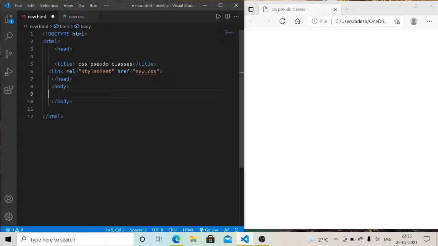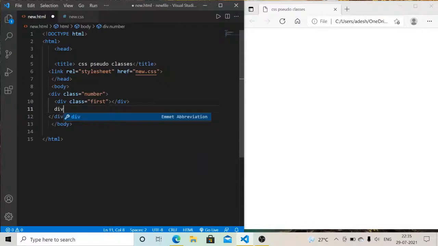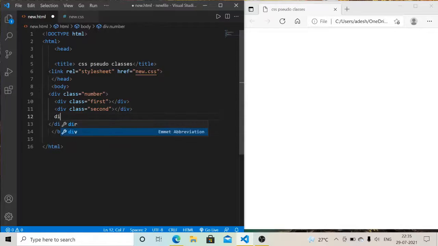So I create here a div element with the class name number, and inside the number div element I create three div elements with the class name first, and for the second div element the class name will be second, and for the third div element the class name will be third here.